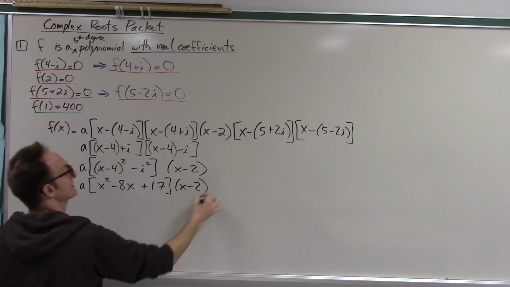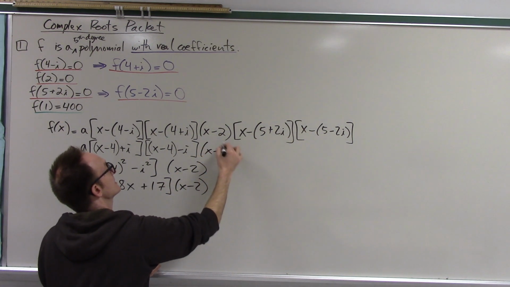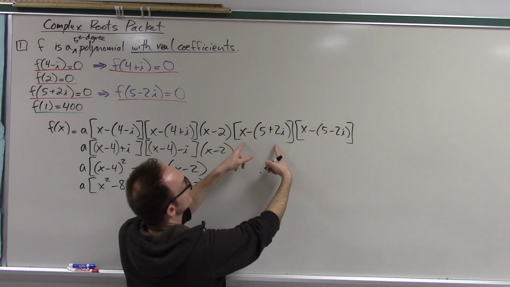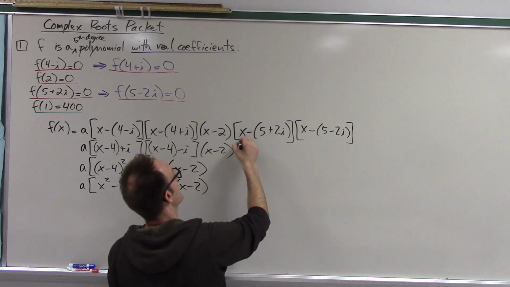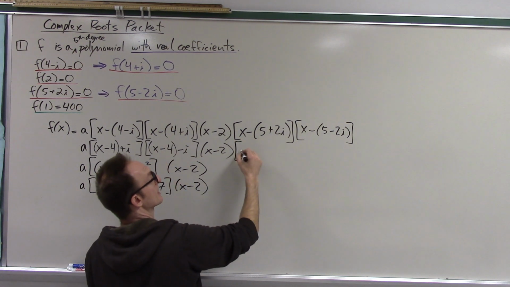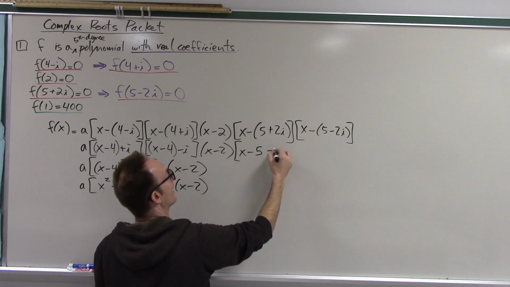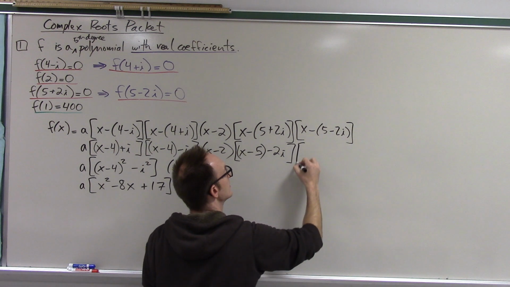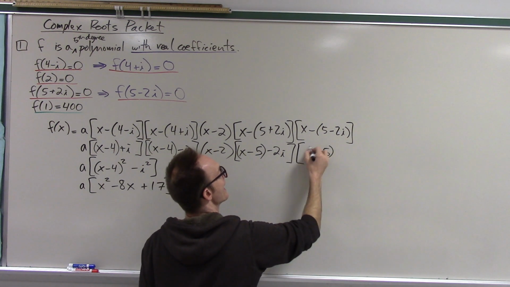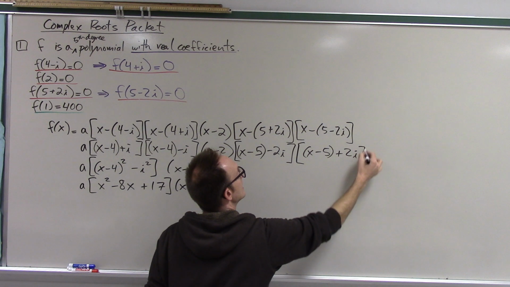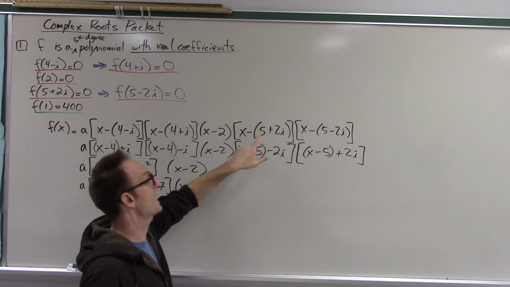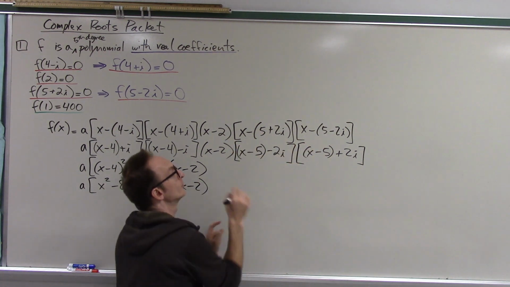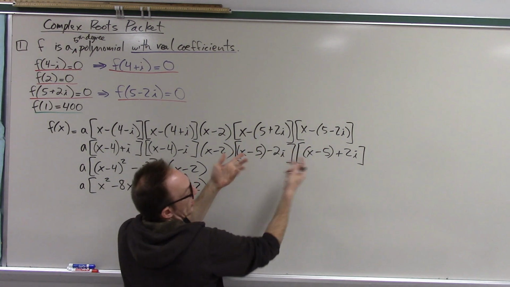This is still x minus 2, just rewriting this like this. Okay, now we just do this whole trick again, right? What's the simplest way to multiply this by this? Well, again, you just move the parentheses, so to speak. So that becomes x minus 5 minus 2i, and then you think of those as being one thing. And then this is x minus 5 plus 2i. In other words, and this is always going to happen because these two numbers are always conjugates of each other, when you distribute the negative and regroup, they're in the difference of squares